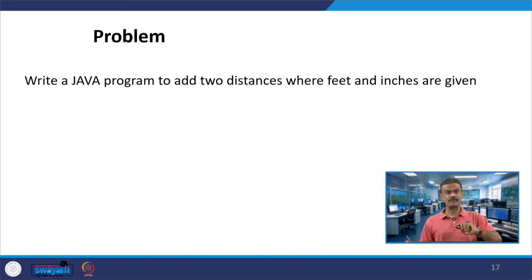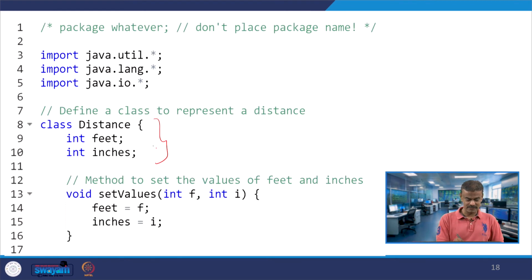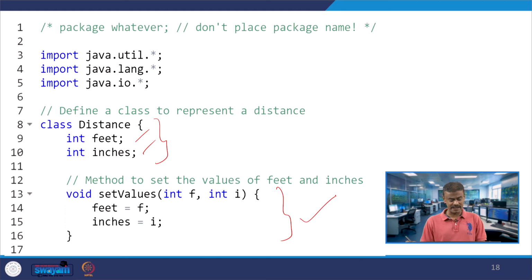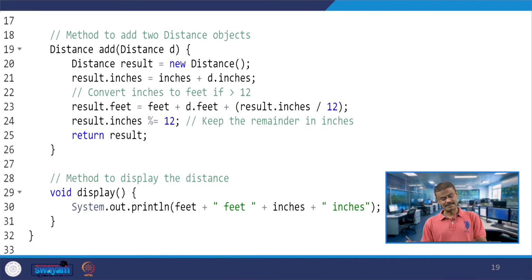Earlier, you try to write it in both C++ and Java, and later at one point of time we will stick only to C++. Here you have a class Distance with feet and inches, and here you have a member function, the same member function we have studied in C++, set values. Similar, whatever we have done, same thing you are doing. Distance is a return type, so the return type is an object Distance, add Distance d. So d is an object, and returning an object is possible.